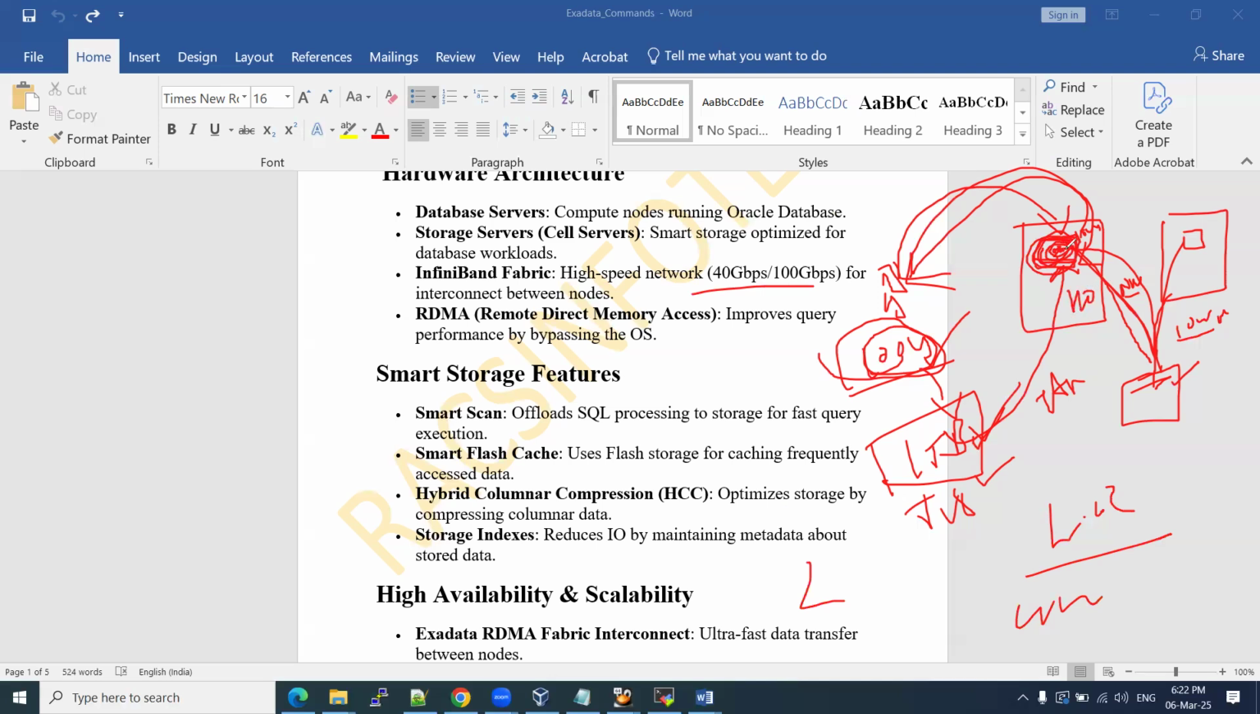Okay, everything is about resource utilization. But in the case of our Exadata, what is going to happen? We have our database services, we have our storage. In between, we have InfiniBand switches. It is a very high speed network. This is 40 gigabytes now. The latest is 100 gigabits per second, and it is going to transfer